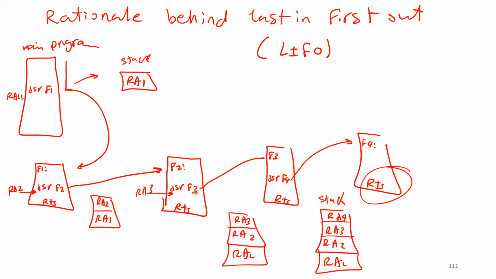And then I'm going to come here. Also, this one is going to push the return address to the stack, right? Which is RA3. Now this one is the same thing. This one is going to push RA4 to the stack. So now the stack has the 4 addresses. This one, return address here, return address here, return address here, return address here. I have them, but